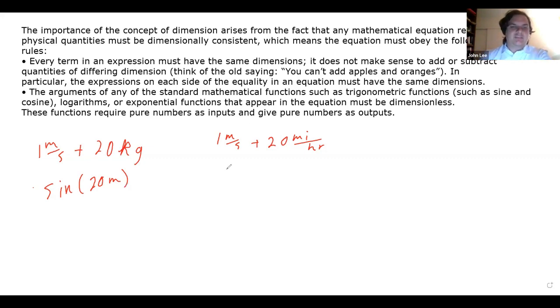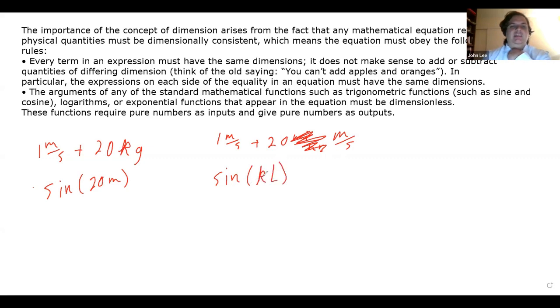So what you have to instead write out, this is going to be confusing for people who didn't watch the lecture, so I'm just going to write 20 meters per second. So what you have to write out is, instead of sine of length,